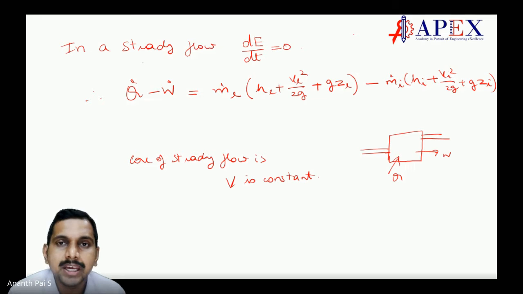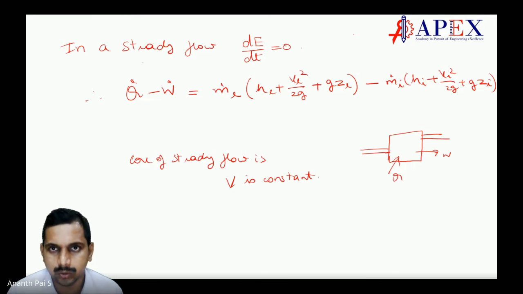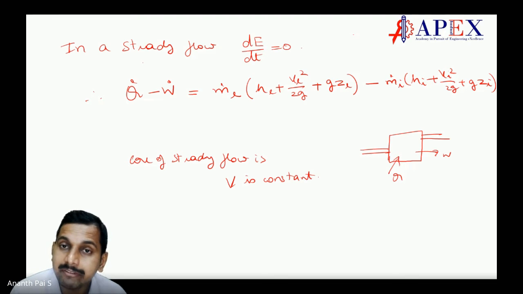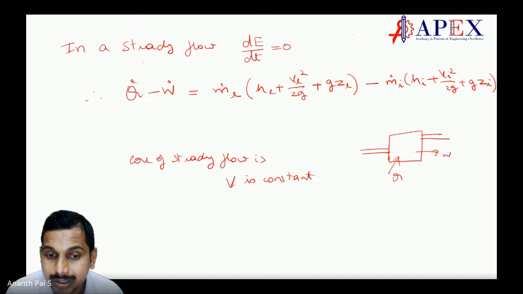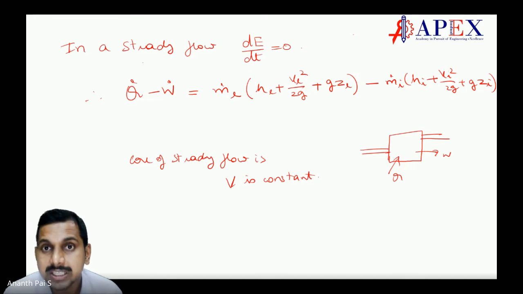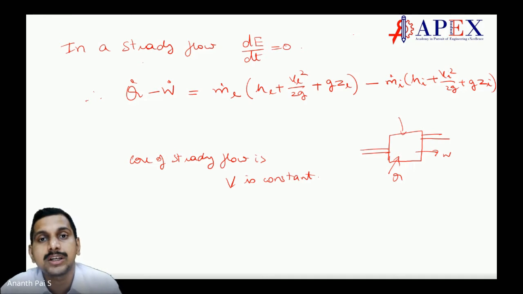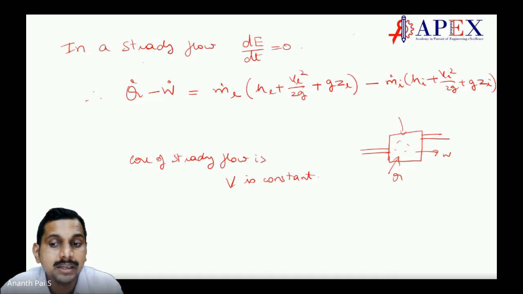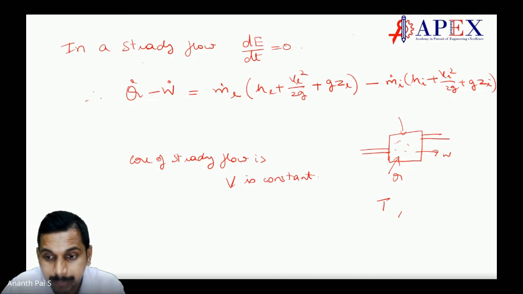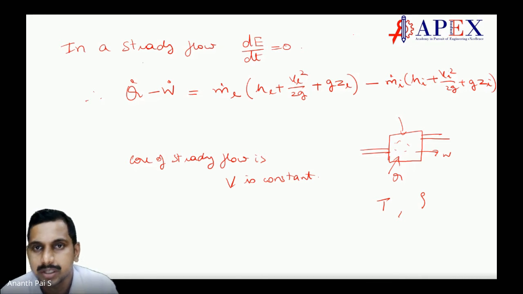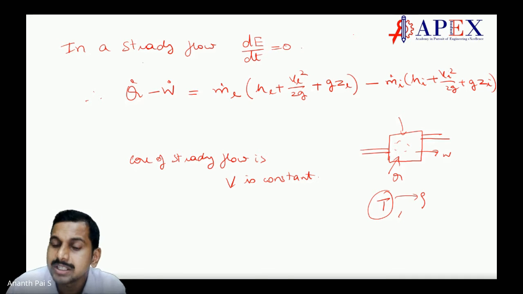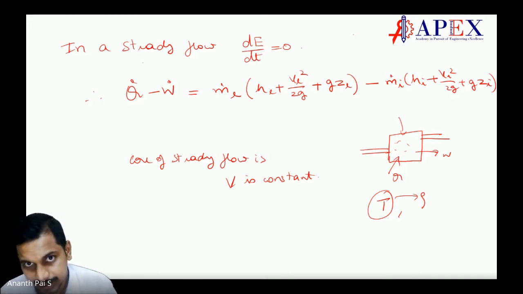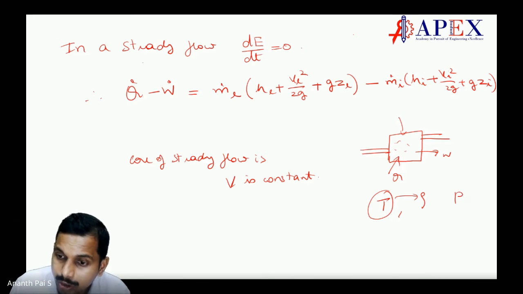Now, if there is energy accumulation in the energy coming in and going out, there will always be a velocity change. How does velocity change happen? Because of the energy flow. When heat is added or work is done, what is going to happen inside? The temperature is going to change, or the density is going to change. One of the two things is going to happen. When temperature changes, density changes, and there is a relationship between them. Also, the pressure may change.